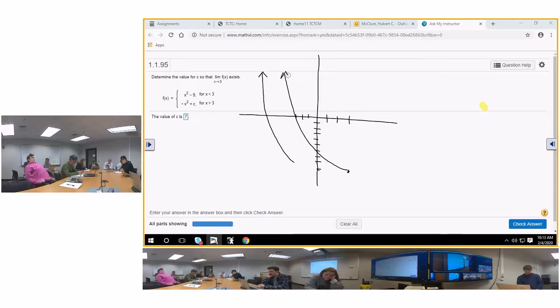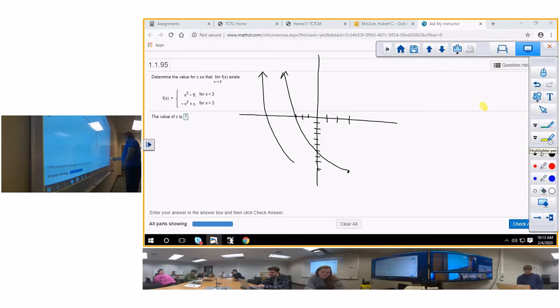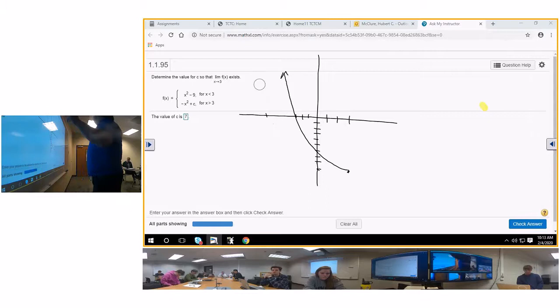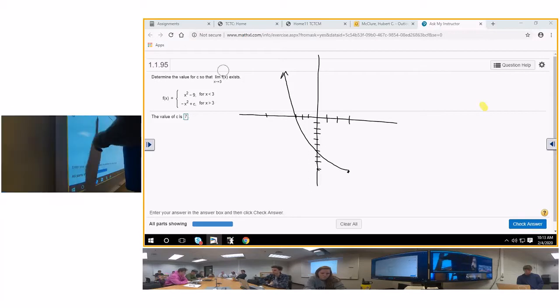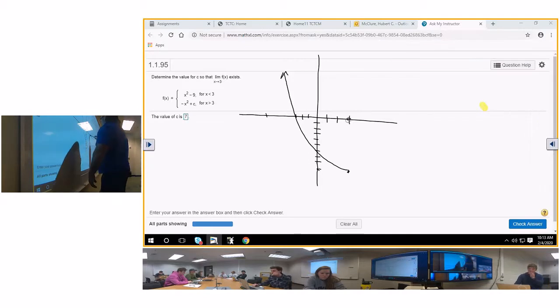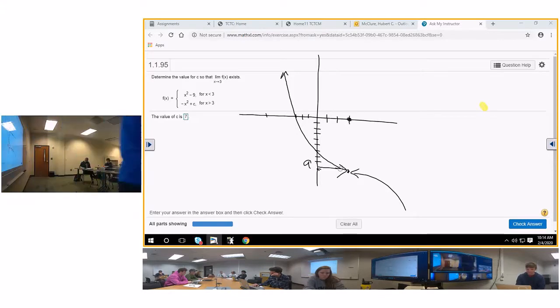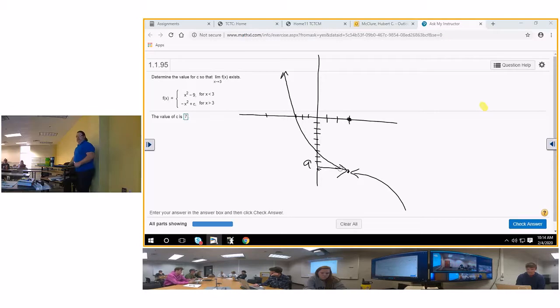There we go. And then this says negative x squared plus c, but the limit exists at 3, so here's our limit. And it must equal the same thing, right? So that means it's got to approach 9, right? So I would say 9. 9 is your answer. You didn't even have to do any algebra there. If I'm thinking right,